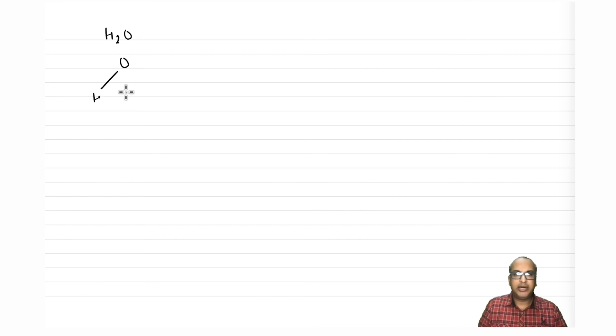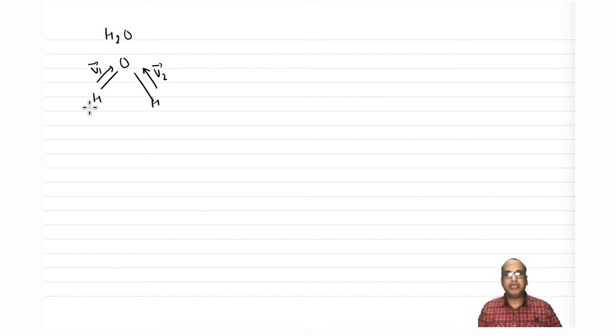Let us ask ourselves. Let's again take an example of water. Let me draw this. Let's say I change the basis set now to something else. Earlier my basis set was XYZ, so I got a 3 cross 3 matrix representation. Now let's say I'm choosing this vector V1 and this vector V2 as my basis set.